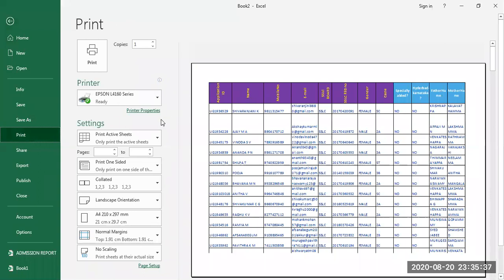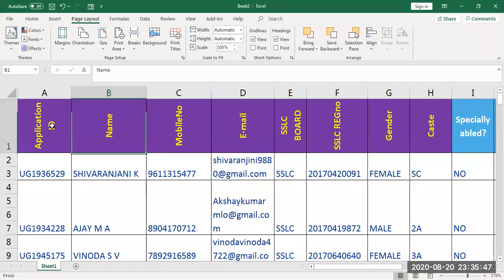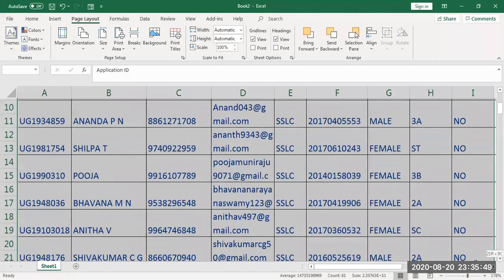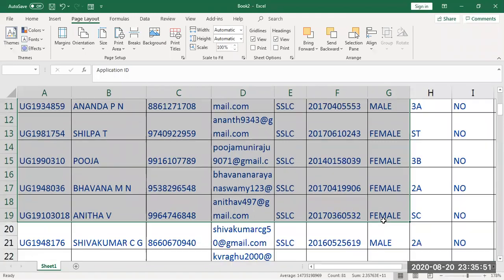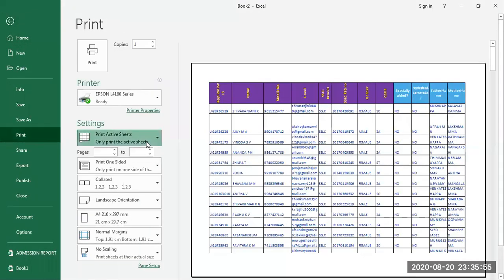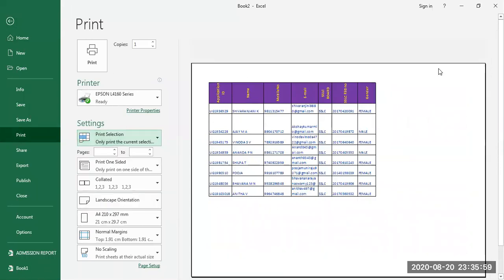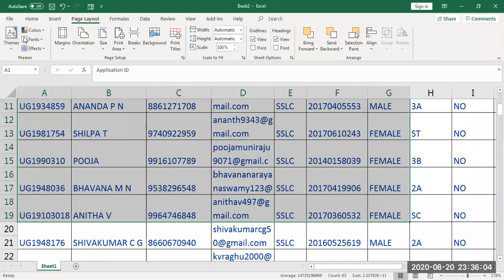If you want the entire thing, you can give the active sheets. If you want only a particular part to be printed, for example only this much, go to file, print, and select the option called print selection. So only this much will be printed. The preview will also be available. Based on that, you can give the print option.